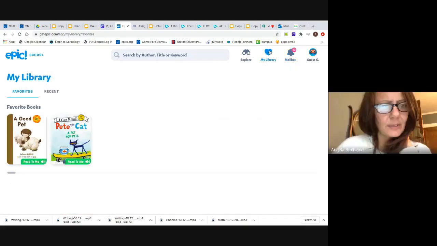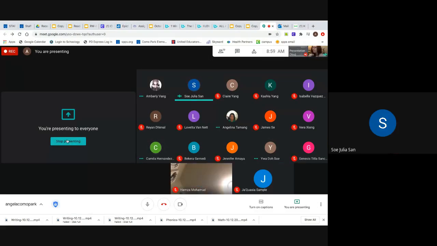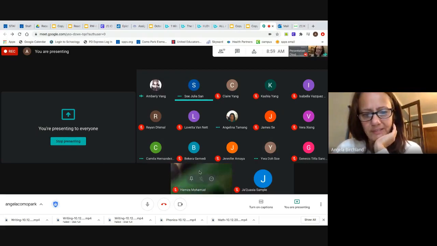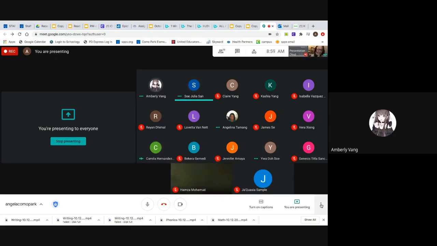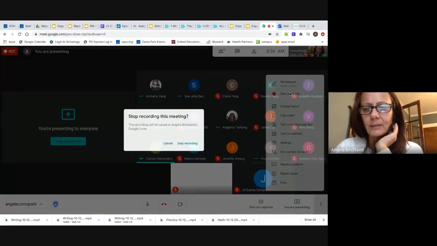I thought I put some other books there. Yep. So here are some things. There's Pete the Cat, A Pet for Pete. Okay. So, all right, friends. We are going to take about 10 minutes. Oh, turn off the camera. And today when you are reading, I want you to look